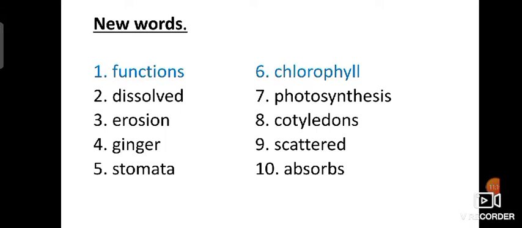Next, erosion. The gradual destruction of something by natural forces. Next, ginger. Ginger, stem of a plant. Okay. Stomata, the tiny opening or pores in plant tissues that allow gases exchange.